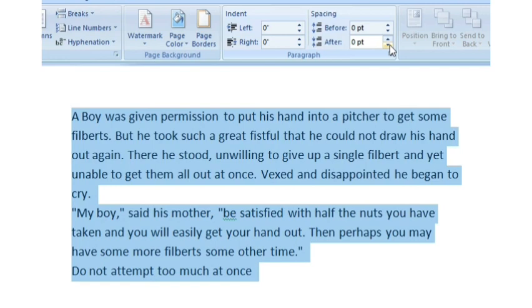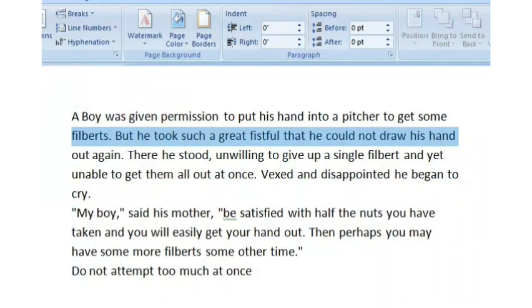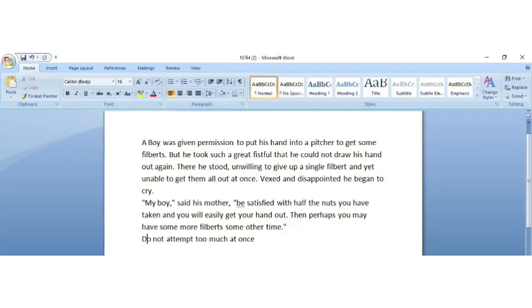Right now we have covered the topics paragraph alignment, paragraph indentation, and paragraph spacing. Next is header and footer. We can make our document professional and polished by utilizing the header and footer section. The header is the section of a document that appears at the top of the margin, while the footer is the section of a document that appears at the bottom of the margin.